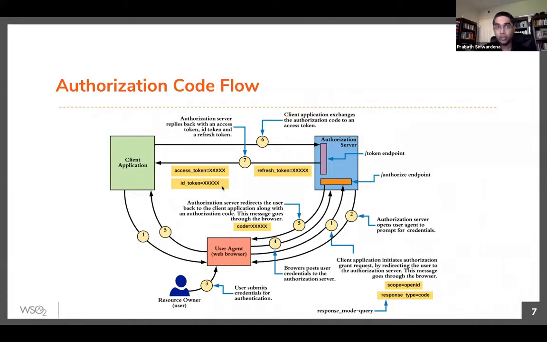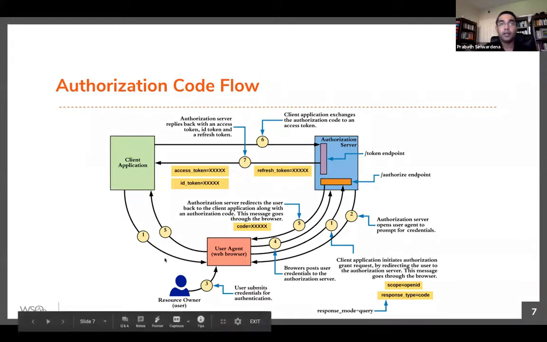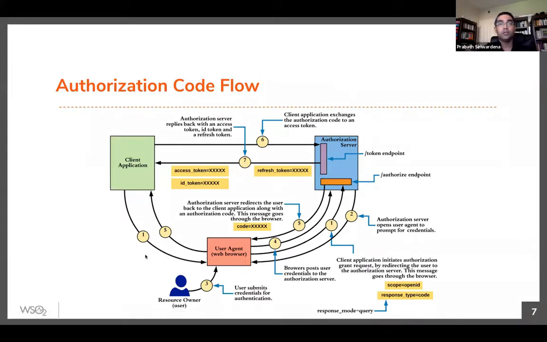So in addition to the OAuth2 authorization code grant type, you get an ID token, right? In step 6, optionally, the client can authenticate to the authorization server, right? So this is how the authorization code flow works. We'll dig into detail as we go on, like how you fix some security issues. We'll discuss security issues later on.